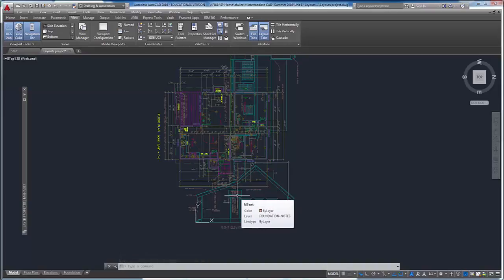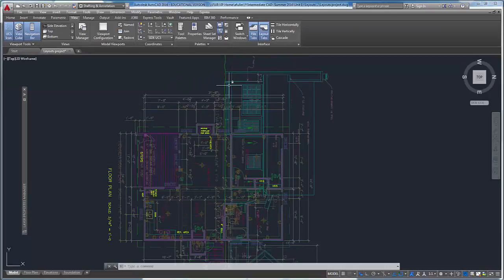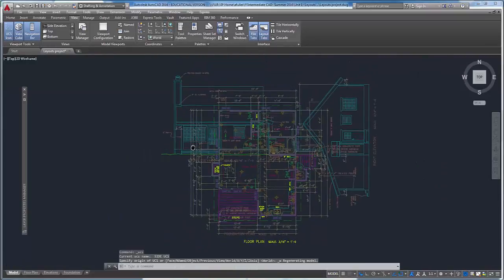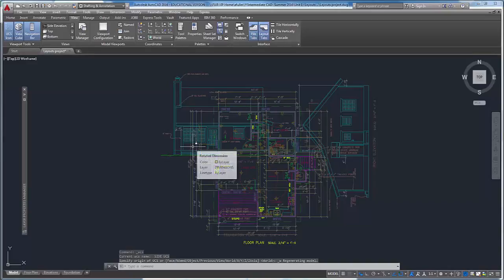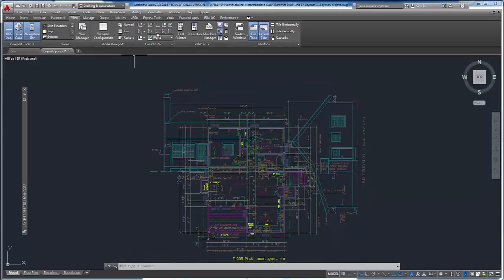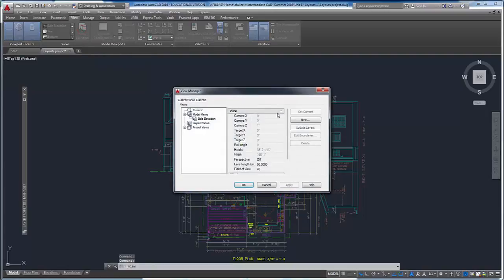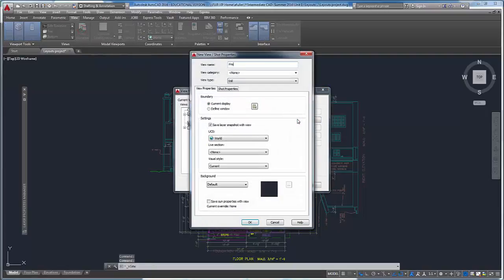So I'm going to create a second view. The book doesn't say to do this, so we're adding this other view. Instead of having to do another 3-point UCS, if you just click on World UCS, it takes me back to the original default one, so that's what that little globe does. So I don't have to create a named UCS, I can just go straight into my View Manager, New,